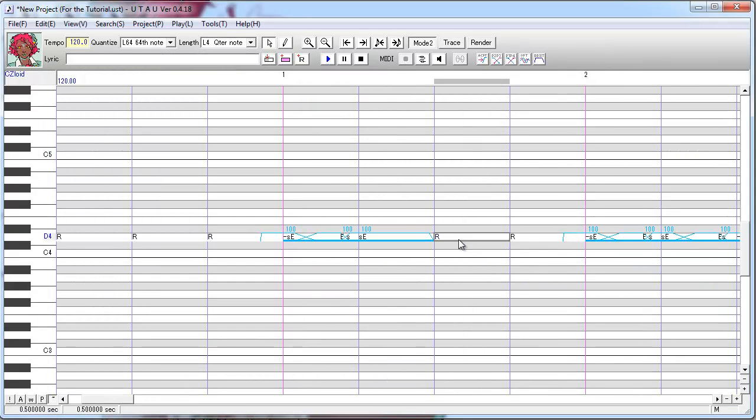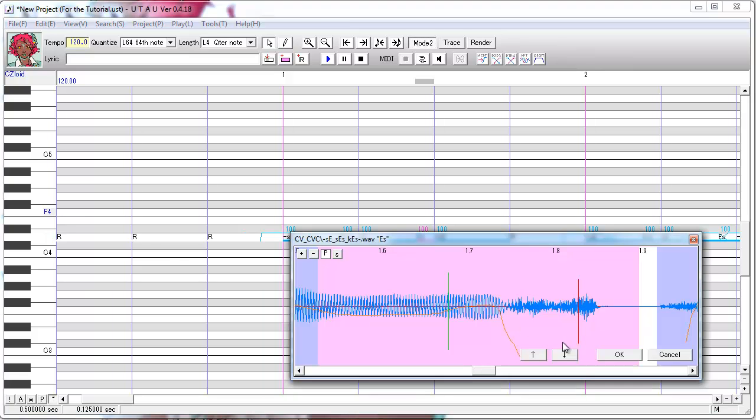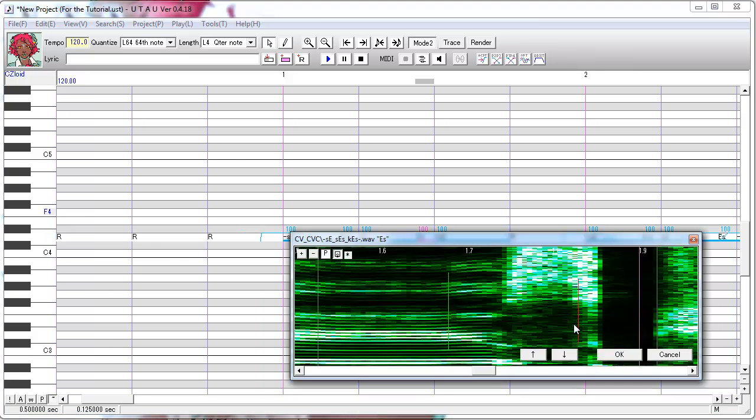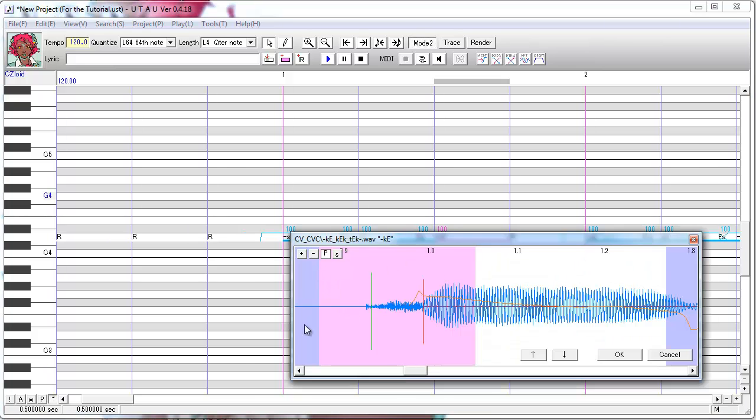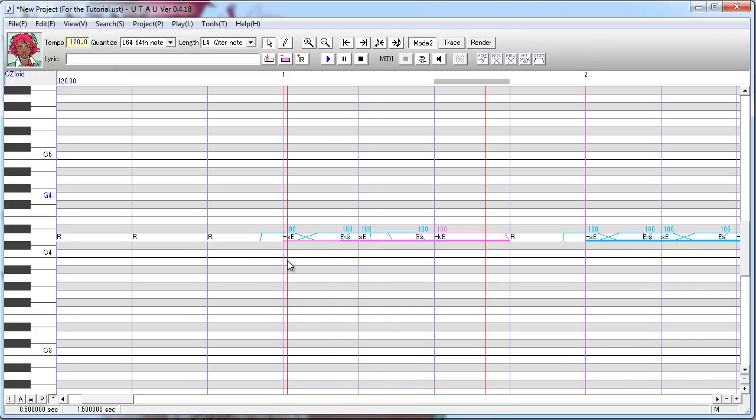So you just want to add the next one, which is a key and a VC that we put right before another consonant, which is just a plain old ES, no dash, no space. We take a look at this. The preutterance is starting right here, most of the way into the consonant. And this is just another starter CV, so we have a blank space here that consonant's going to fade from. And we have this. If we do another crossfade,